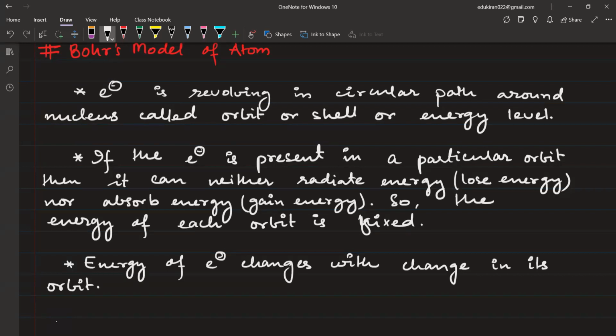ऑर्बिट चेंज कीजिए तो क्या होगा, एनर्जी उस इलेक्ट्रॉन की चेंज हो जाएगी। प्लीज सी नेक्स्ट।